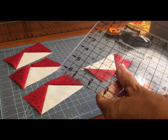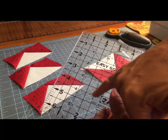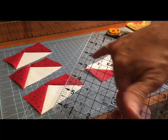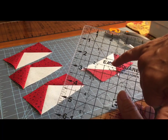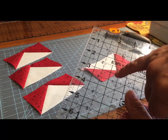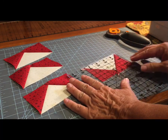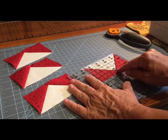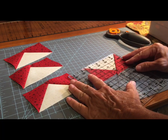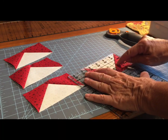But you'll want to take that ruler, and because of the measurement that I want my quilt blocks to be in the end, I'm going to take half of that 4.5 inch width, and I'm going to find where my 2.25 by 2.25 inch lines intersect on my ruler. I actually use this measurement quite often, so I've taken a Sharpie marker and I've drawn a little dot where that intersecting line is, because as you can see, they're not complete lines in the 2.25 inch measurement area. So I'm going to take that intersecting dot on my ruler and line it up with the point facing down on your flying geese block, and line up that little intersecting dot right to the point. And the other measurement you'll want to make sure that you're doing